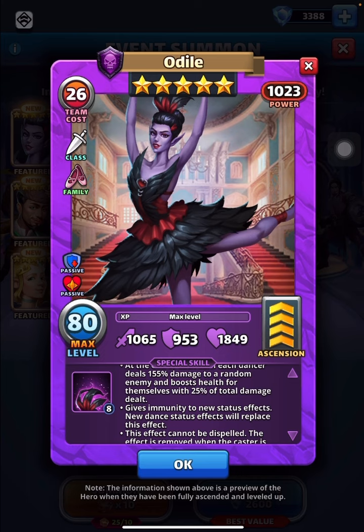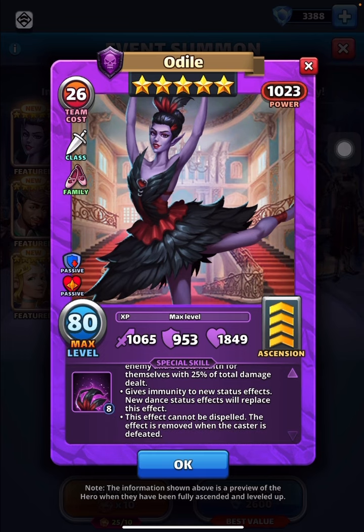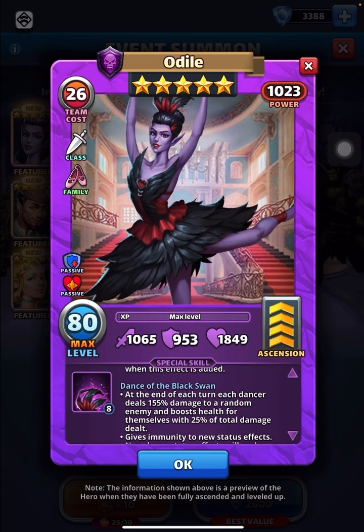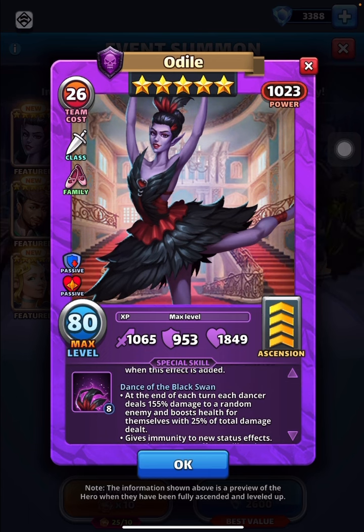Gives immunity to new status effects. Obviously it'll replace, so that's the dance thing. This effect cannot be dispelled. The effect is removed when the caster is defeated. Of course, this will get cleared up in Equalizer Wars. But this is... wow. At the end of each turn, each dancer deals...